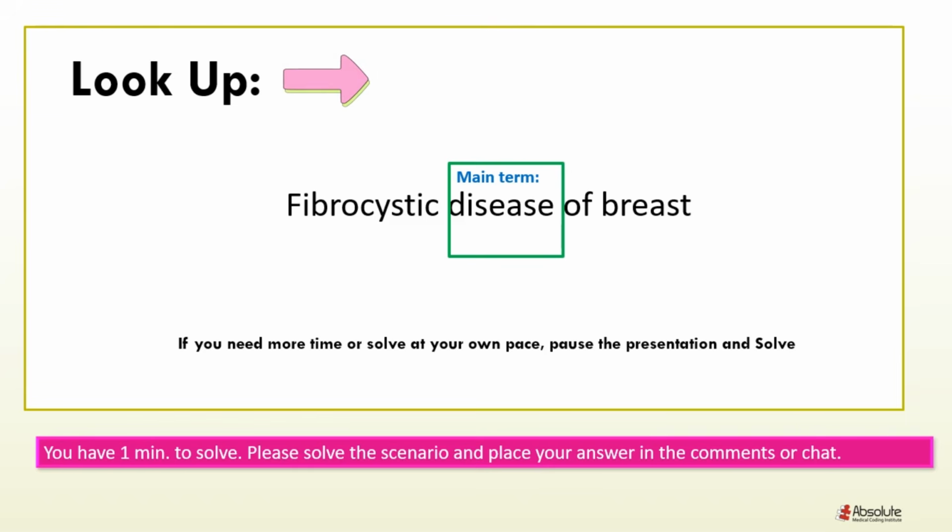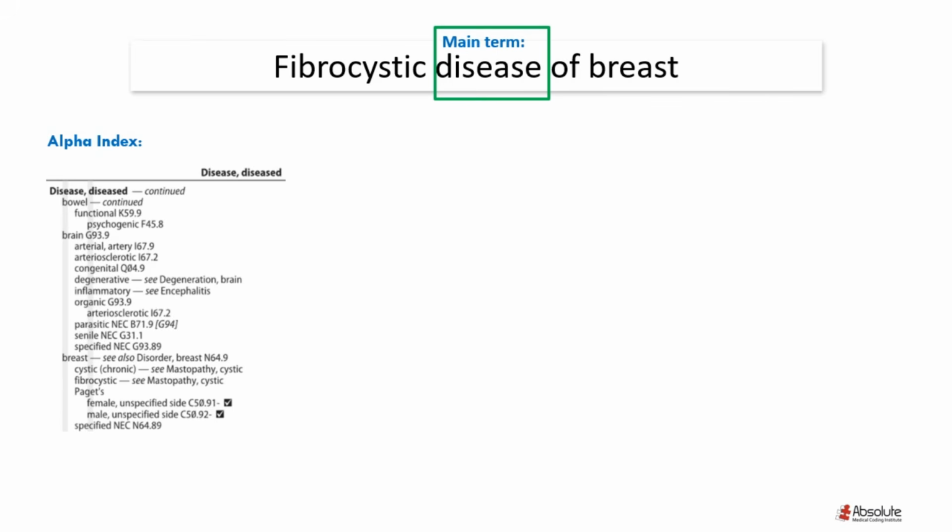But disease is definitely a word that's doing something, and we know that, so we're going to call that our main term. Any other term will be our subterm, so I'm going to name fibrocystic as a subterm, and so too will be breast. All right. Let's go ahead and move to the first step, and that's looking up our main term in the alphabetic index. We're going to look up disease. Disease of